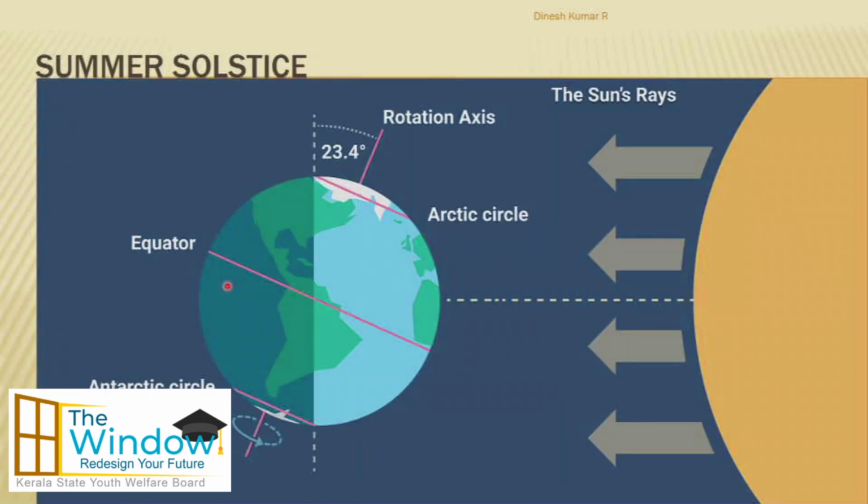So can I say this is perfectly correct? Yes, the northern hemisphere is tilted towards the sun. As a result, can you see the equator has moved away from the center? That is, the sunlight I am getting directly, or the least distance from the sun, is at this point. Now what is this point? If this degree is 23.5, can I say this degree will also be 23.5? If I try to draw it here,